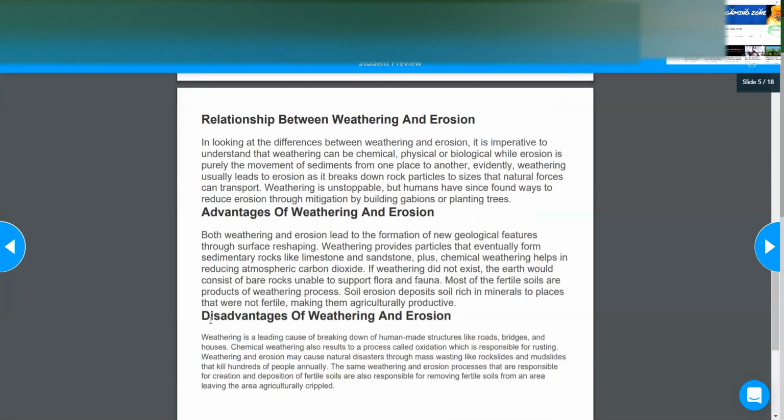Relationship between weathering and erosion. In looking at the differences between weathering and erosion, it is imperative to understand that weathering can be chemical, physical, or biological, while erosion is purely the movement of sediments from one place to another. Eventually, weathering usually leads to erosion as it breaks down particles to sizes that natural forces can transport. Weathering is unstoppable, but humans have found ways to reduce erosion through mitigation by building